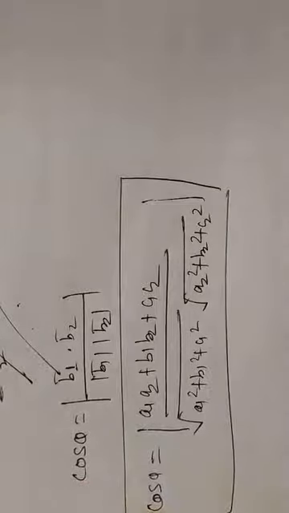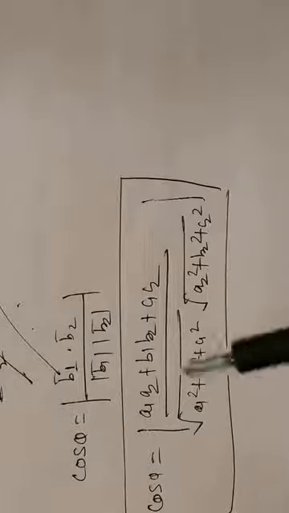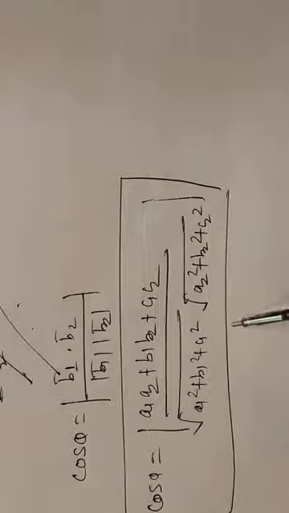For finding theta between the two vectors or two lines, the simple way is cos theta equals (a1 a2 + b1 b2 + c1 c2) upon the magnitudes of the first and second vectors, that is under root of (a1 square + b1 square + c1 square) and (a2 square + b2 square + c2 square). This is a very simple way to find it.